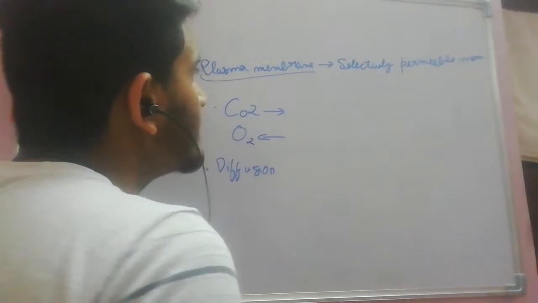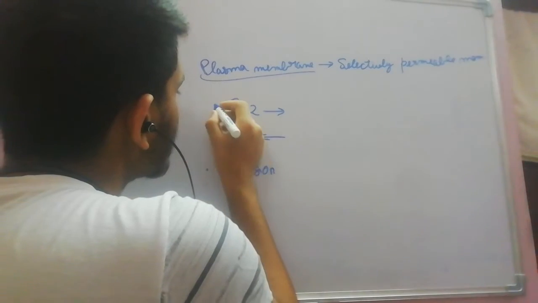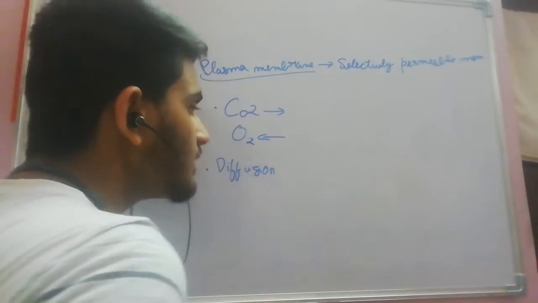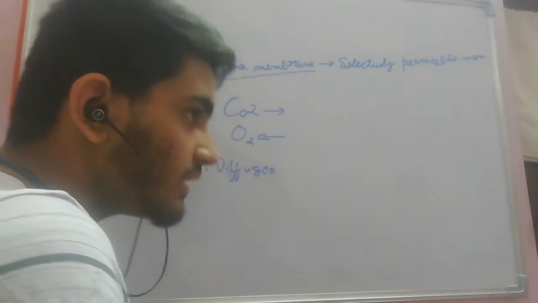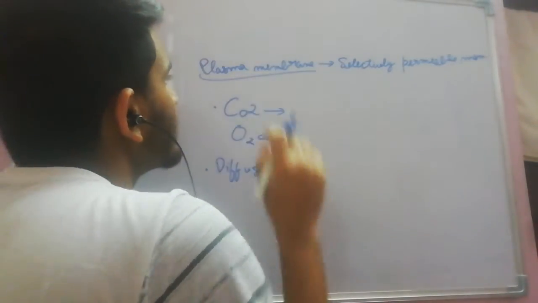Today I'm going to explain the fifth chapter of class 9 science biology, which is the fundamental unit of life, which is the cell. And this video will talk about the plasma membrane, the cell wall, the nucleus, the cytoplasm, and the cell organelles which are present in the cell. Now let's start with the plasma membrane.